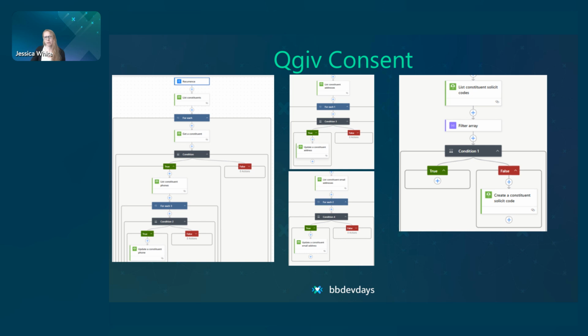Next, we have QGive consent. So QGive is our peer-to-peer platform. It just has all of the functions we need for peer-to-peer, but we ran into a big issue right when we implemented. So QGive forms treat consent as all or nothing. So if someone opts out on that form, it flows into Razor's Edge with all points of contact marked as do not contact. Our Razor's Edge forms are email opt-out only, and that's what we wanted the situation to be,